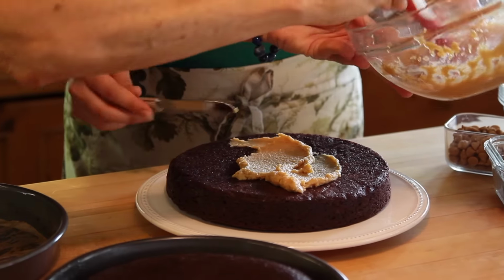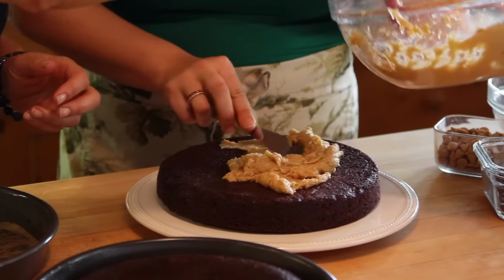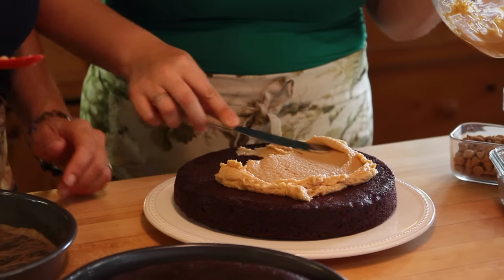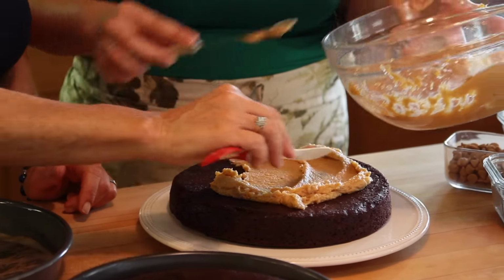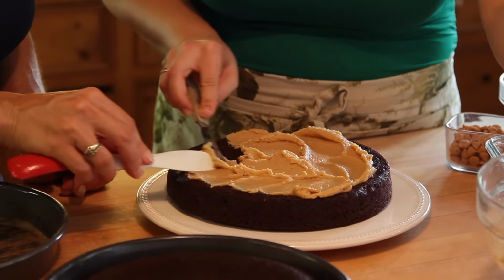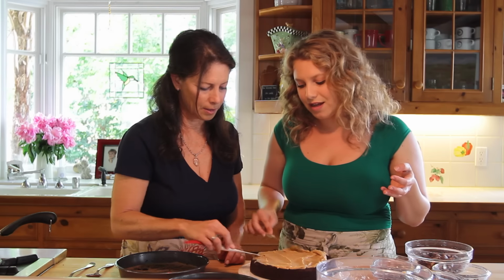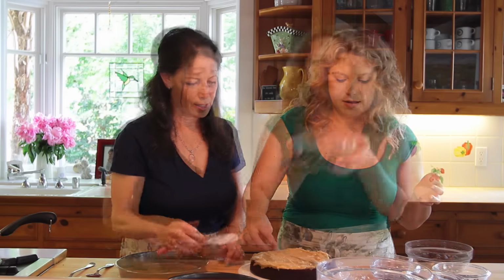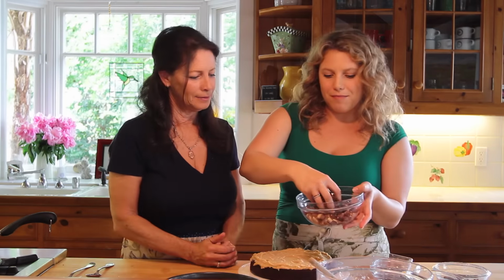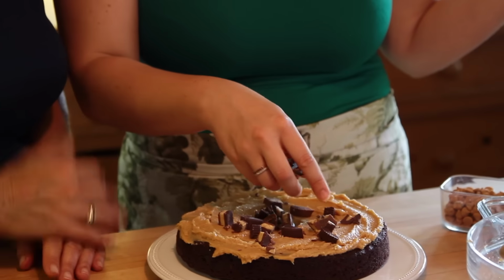Here. Oh, I'm gonna just help you here. Just kind of get it on there. Pegs. Okay, we're not gonna use it all. We're gonna use a good amount of it. Can I help? Yes, you can help. I'd like to save a little because I want to put just a little bit of this on the top of the cake so we can get everything kind of stick to it. And then half of the peanut butter cups. Just sprinkle them and get...